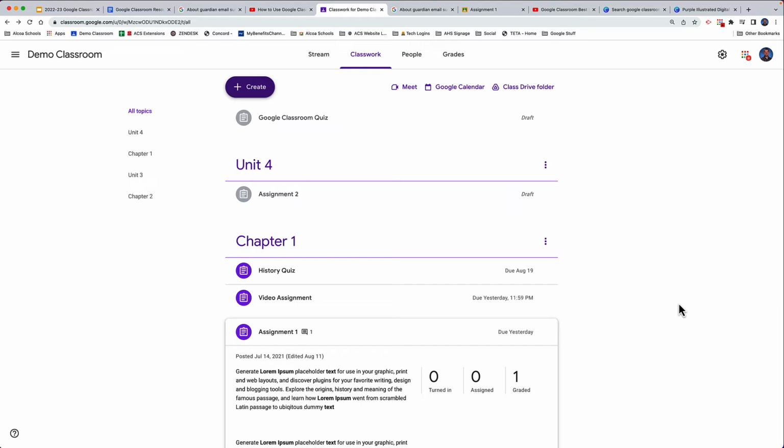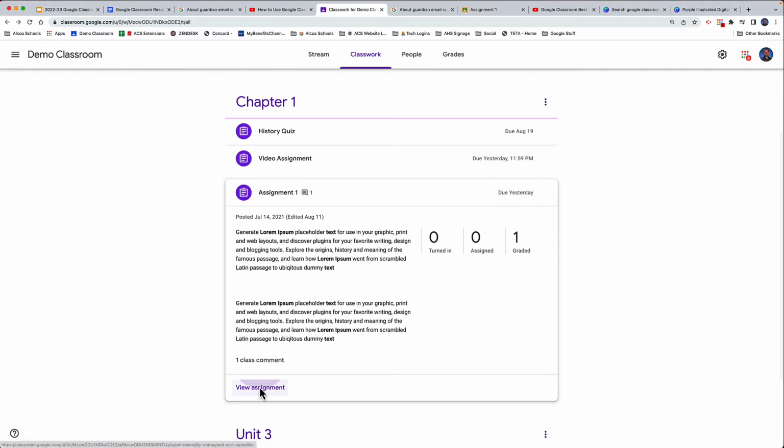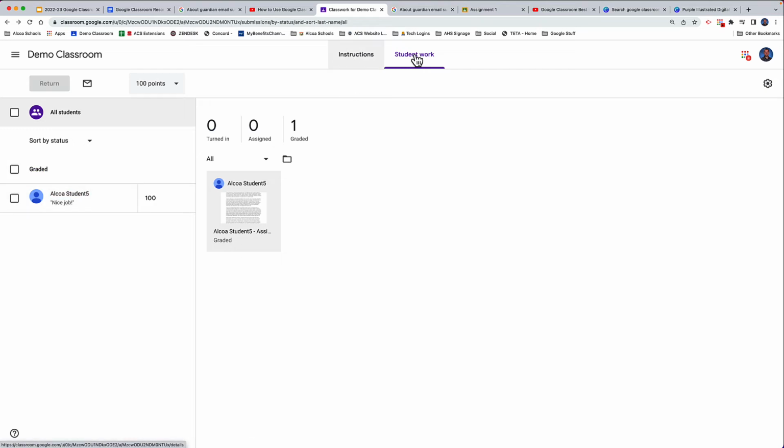Grading and returning assignments is actually quite easy. All you have to do is go to the assignment here, click View Assignment, and in the Student Work area, you will see all of those appear. At this point, you can give them a grade, which is what I've done. Select it. I've already returned this assignment, by the way, and then you click the Return button, and it'll go